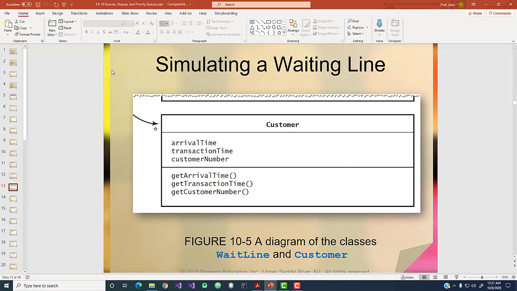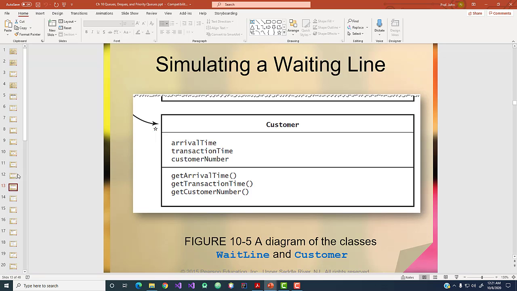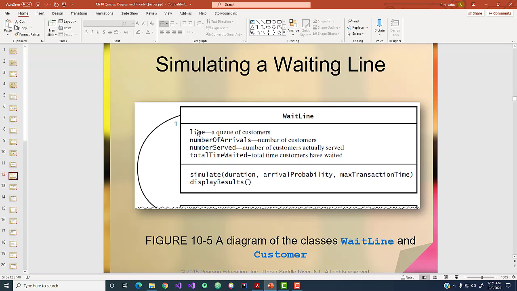So if you've taken CIS 1200 or any kind of database course, you're probably familiar with that. So it's like a one to many. You have one wait line that can have many different customers simultaneously. The wait line contains the line, and that's the actual queue that we have to interact with. But you also might keep track of number of arrivals, number served, and total time that customers have waited